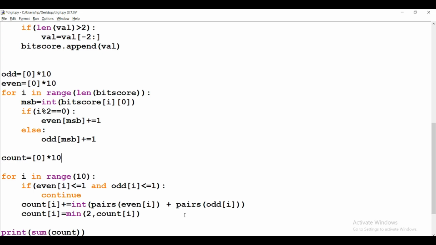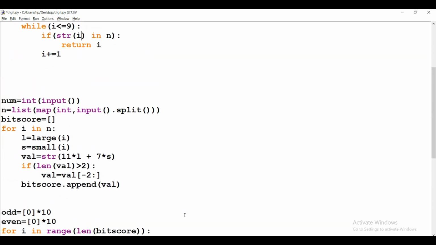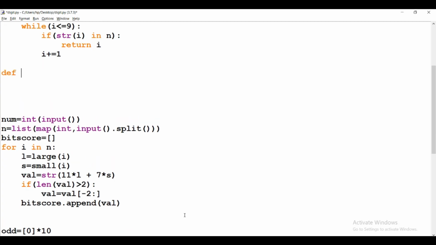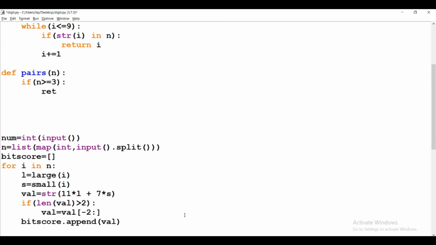Now we will make the pair function. def pair, and we take one argument as an integer, n. If n is greater than or equal to 3, then the pair count is considered as 2, only 2, so we return 2.